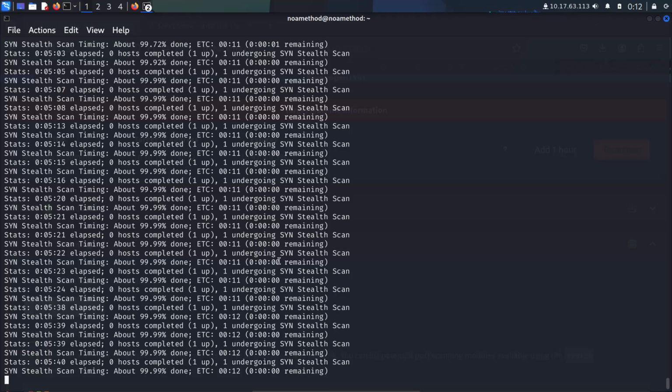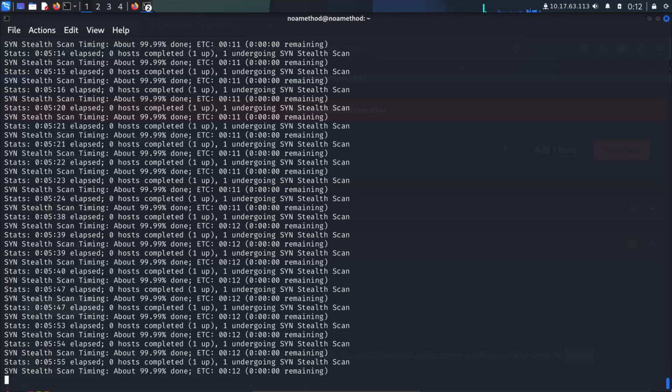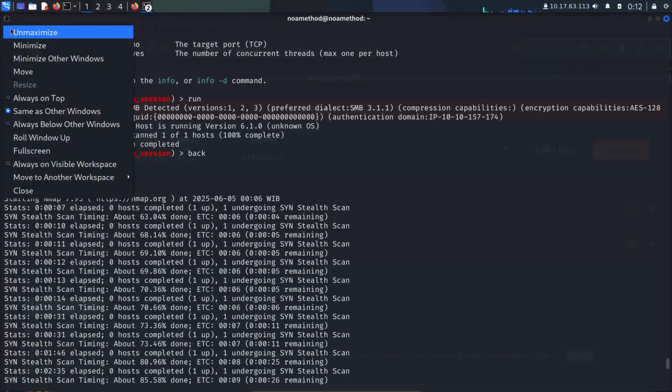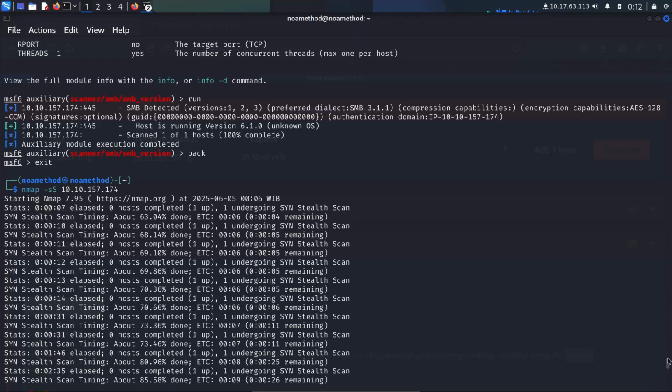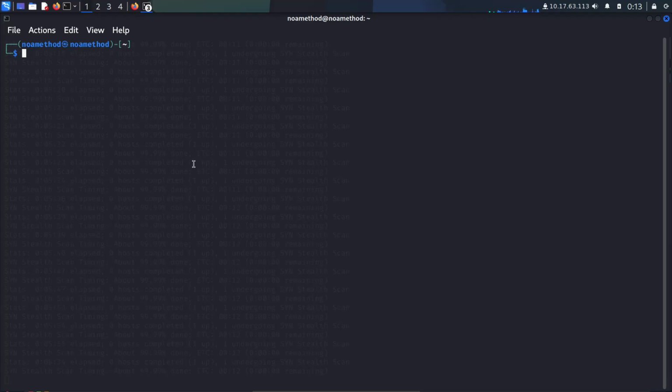Why is this 99.91% but not completed? Why? I want to test the IP first.